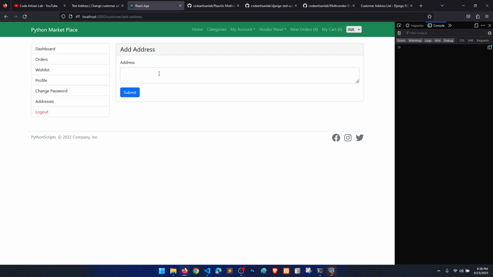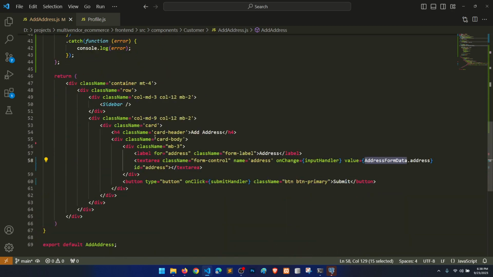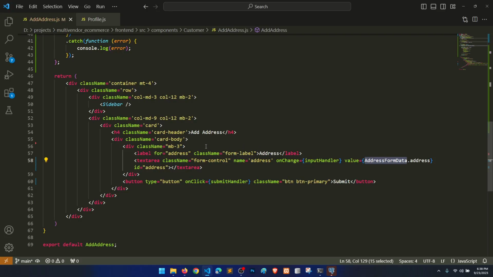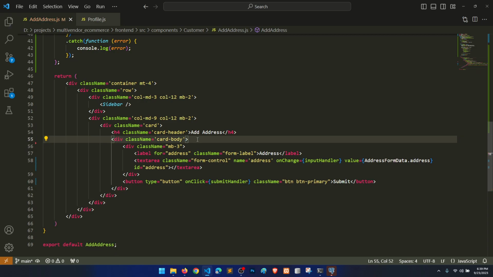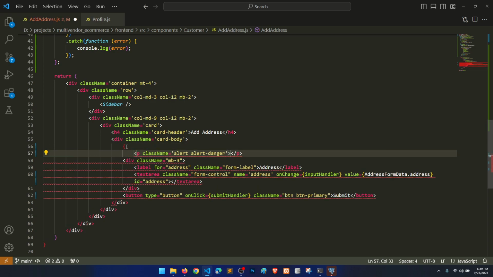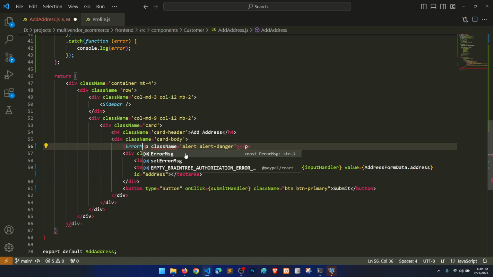So here you can see that because we are not printing the error or success message, that is not showing anything. So let's print this. So what we will do here, in the card body we have a p tag, right? And let's say class alert danger, and here we will say, sorry, error message,